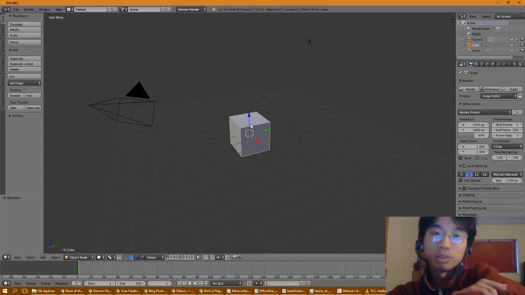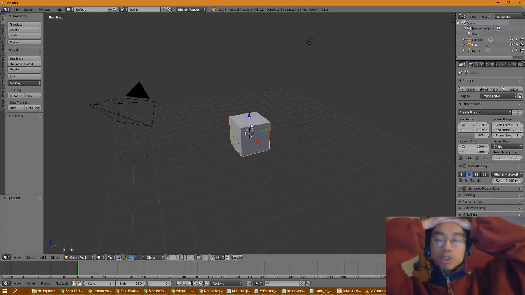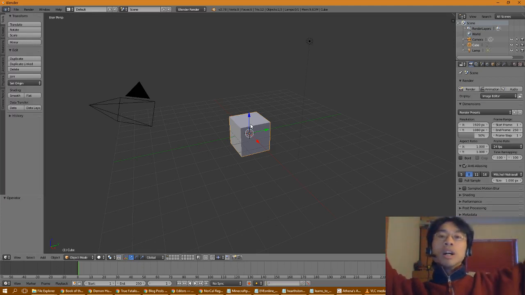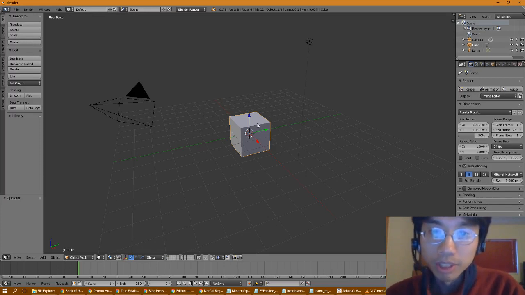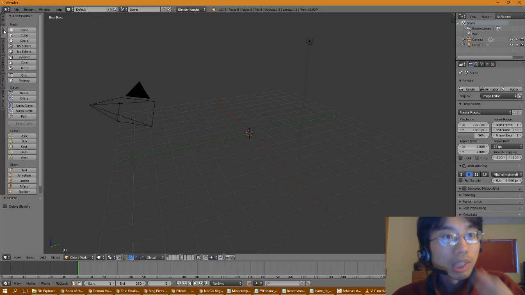So what I want to do is make some geometry and put the geometry into Unreal Engine, right? So let me delete the cube. So let's say we create